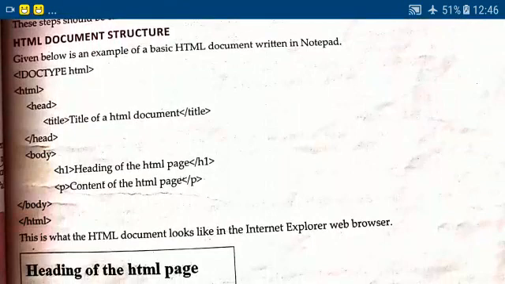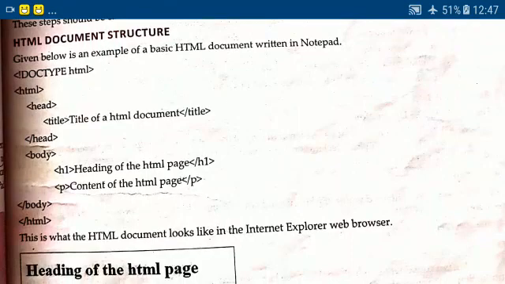In the example given, h1 is the heading of an HTML page, and the p tag is for the paragraph content of the HTML page. Close that p tag, and after completing this, close the body tag and close the HTML tag. This is the structure of HTML.